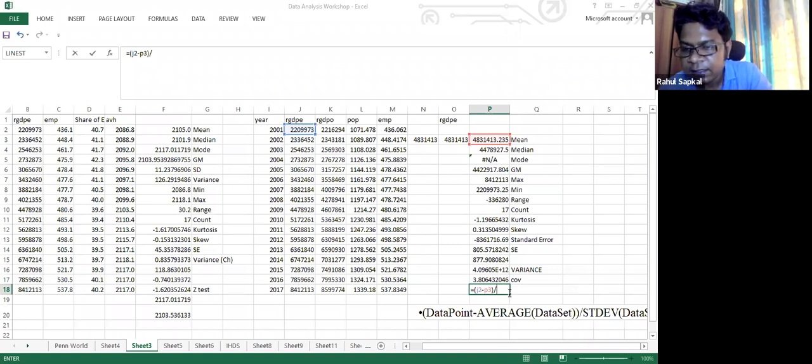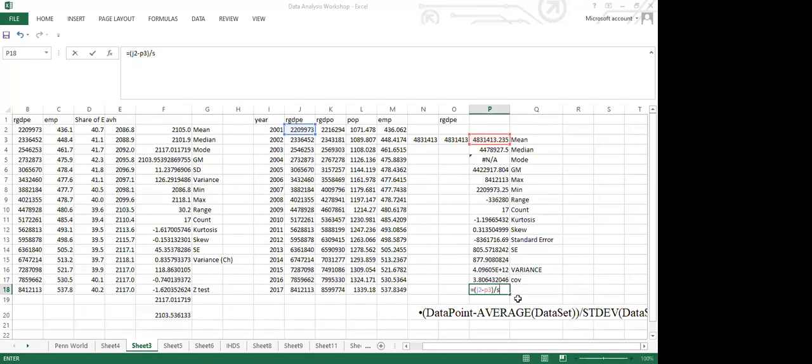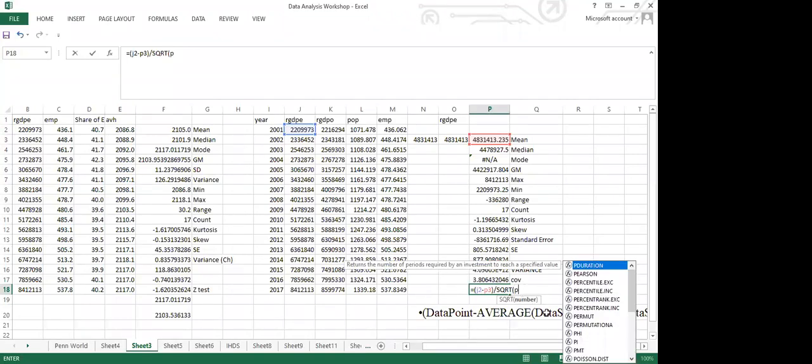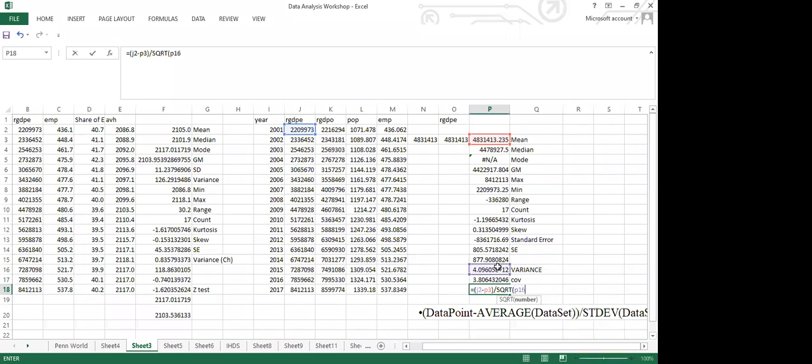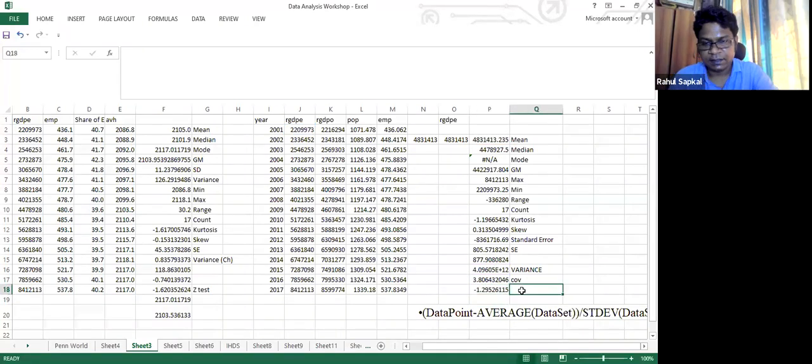Now here they are asking the standard deviation. So what I have to do, I have to put this into the square root, which I already taken. Square root P. Now this is my Z test.